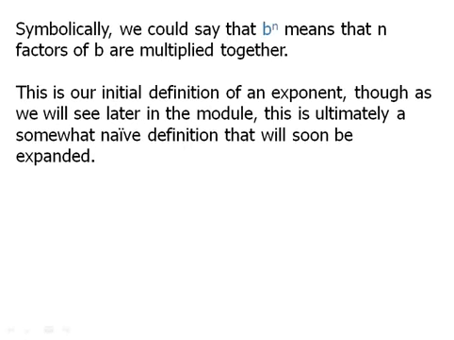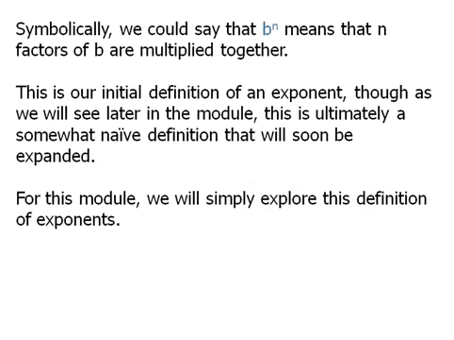And why is it naive? Well, if you think about it, how many factors of b are multiplied together? This means that n is a counting number. That is to say, it is a positive integer. And so this way of thinking about exponents is perfectly good as long as the exponents are positive integers. But as we will see in upcoming modules, there are all kinds of exponents that are not positive integers. We'll talk about negative exponents and fraction exponents, all that. Let's not worry about that in this module. In this module, we'll just stick with the positive integers,